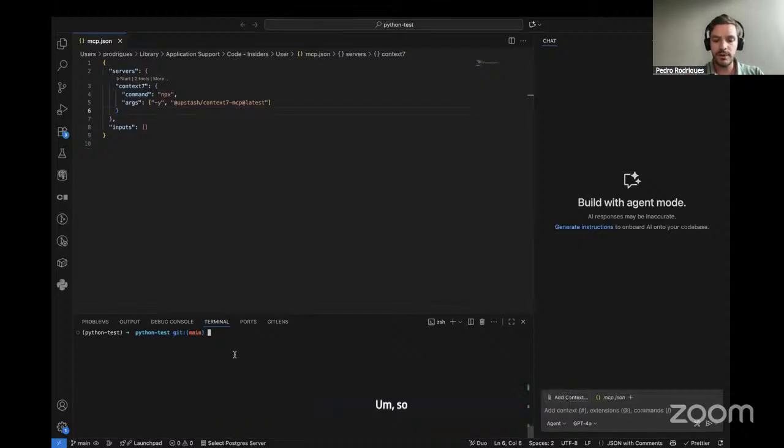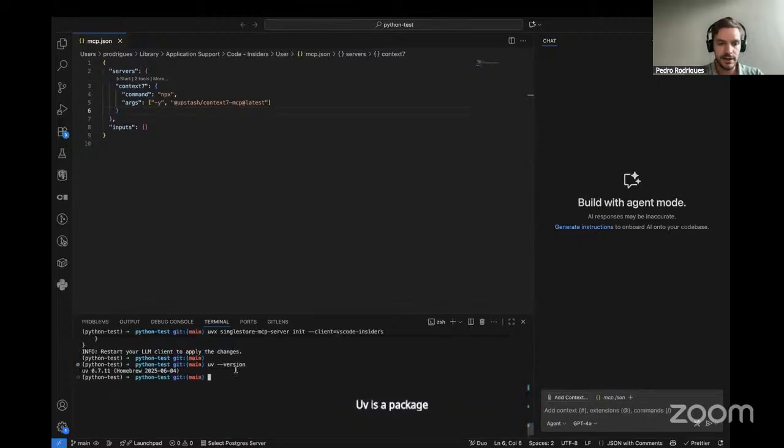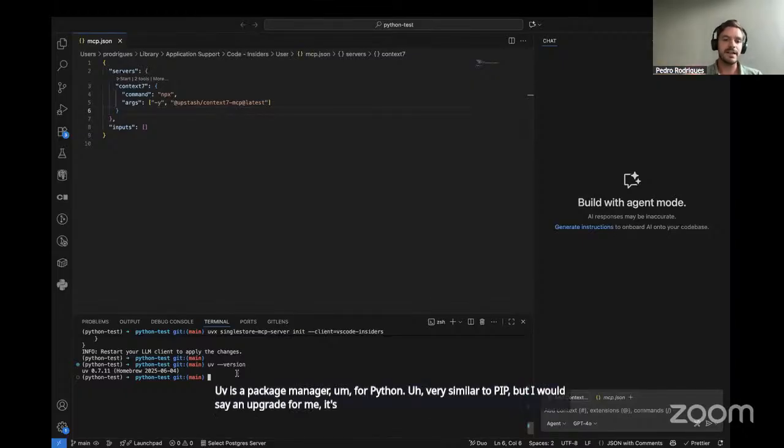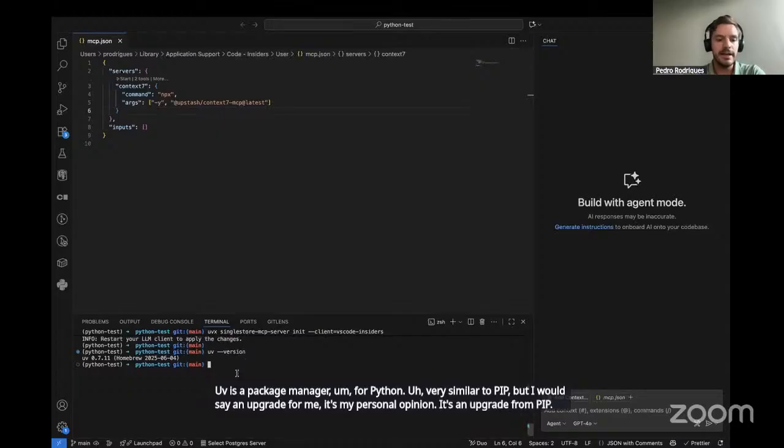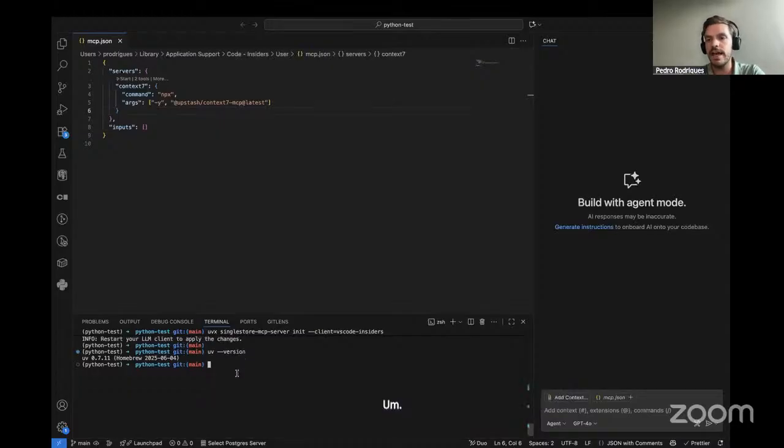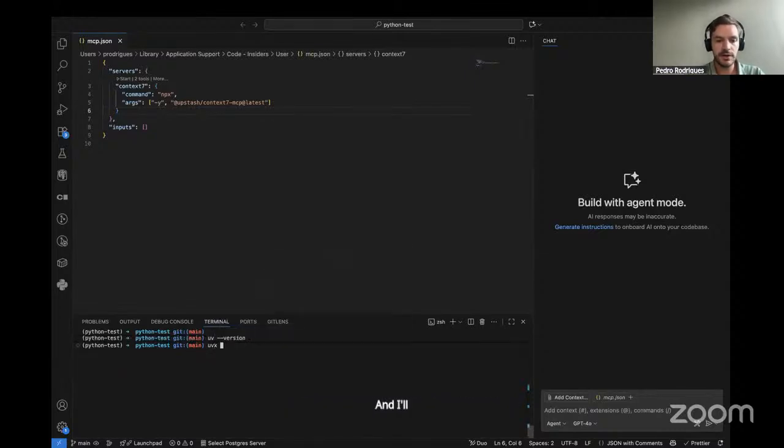So you have to have UV installed. For those of you who don't know, UV is a package manager for Python, very similar to pip, but I would say an upgrade. That's my personal opinion. You can compare it to NPM for Python. And since I'll be running it locally, I'll bring